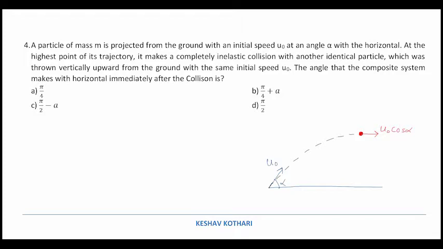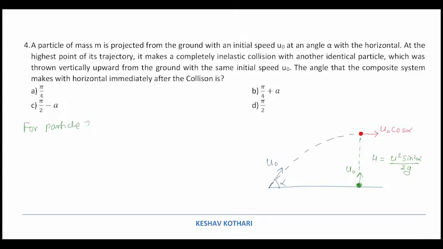Now the second particle which we have is projected from the ground vertically upward. If we mark this as the maximum height of the projectile, this can be written as u square sine square alpha by 2g. It is projected with a speed u0 as mentioned in the question. After attaining this height, it will attain a certain velocity along the y-axis direction. So for particle 2,